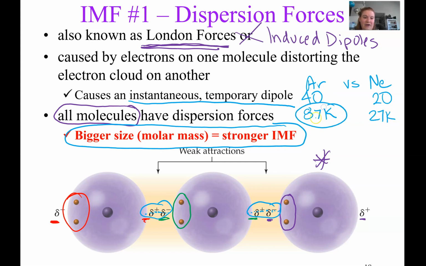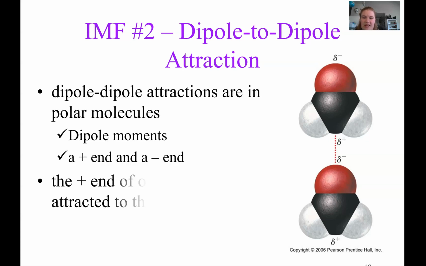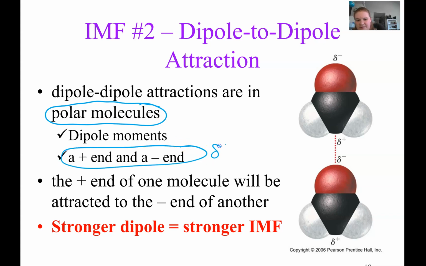This one is a higher boiling point, and it's the result of a higher molar mass because it's going to have stronger dispersion forces. All right, let's look at type number 2. Type number 2 is called dipole-dipole attraction, and these are found in polar molecules, and it's the attraction between that partial positive and partial negative ends